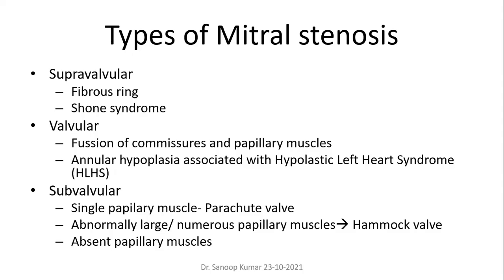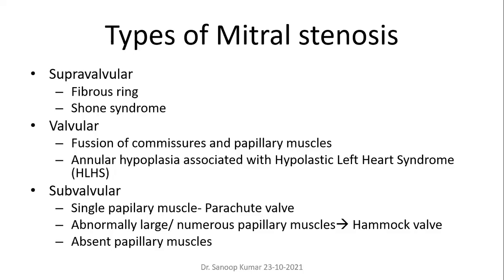Then subvalvular, you have single papillary muscle, that is known as parachute valve. Usually we should have two papillary muscles, anterior and posterior. So single papillary muscle means parachute valve, which can cause subvalvular stenosis. From a single papillary muscle, both chordae tendineae are going to come from here. So what happened? It will cause a constriction like this, like if you have two rubber bands connected like this, it will cause a contracture like this and cause